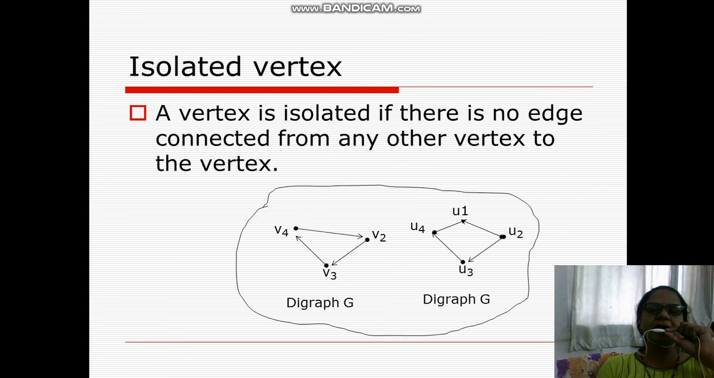Now what do we mean by isolated vertex? Isolated vertex means separate, set apart. In Hindi, isolated means totally apart. A vertex is isolated if there is no edge connected from any other vertex to the vertex. For example, V4 has no connection with V1, U1, U2, U3, U4, so we will call this